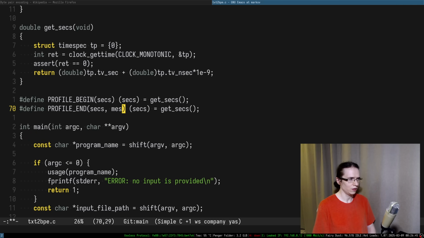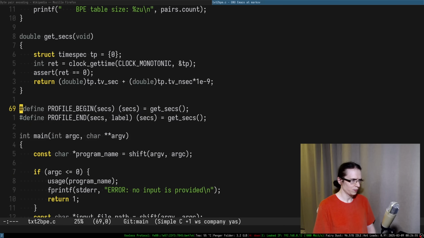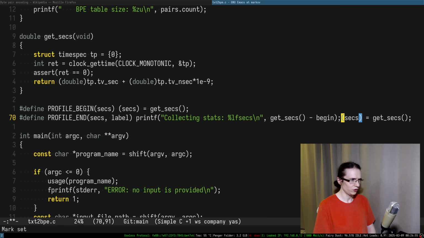So some sort of a label, let's call it a label. And then in here, where is this stuff? Yeah. So this is how we're gonna approach this entire thing. So we do get secs, then we do secs like this. And this is the label that we want to put in here, right? So this becomes the label, and now we can quite easily